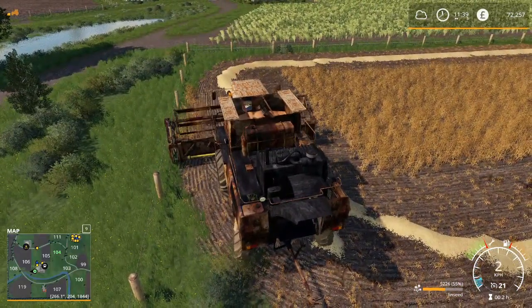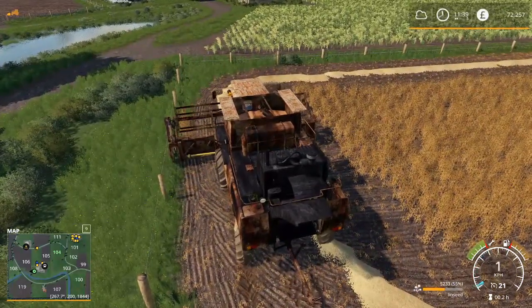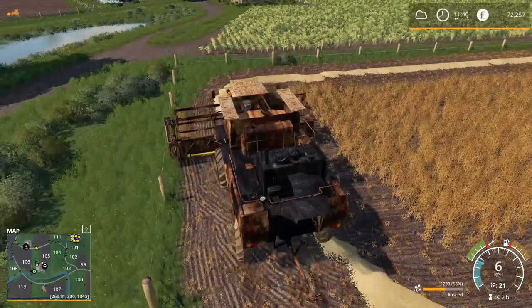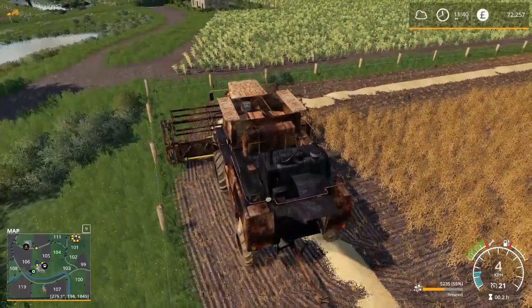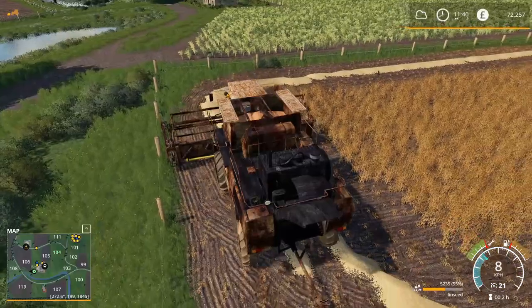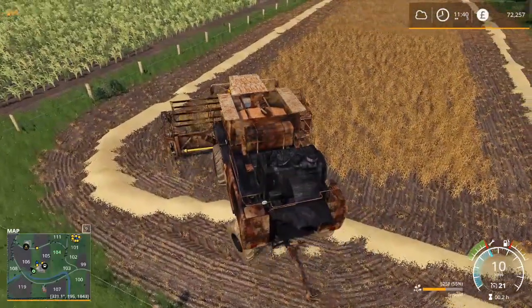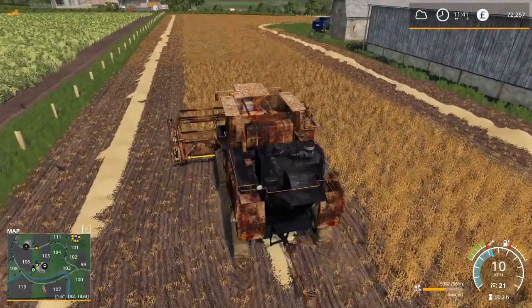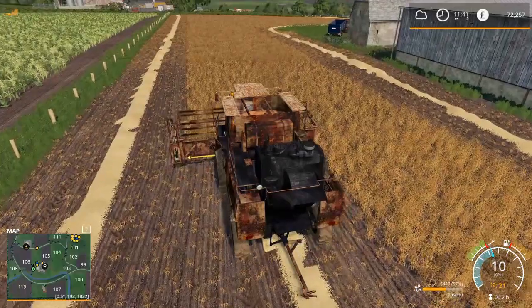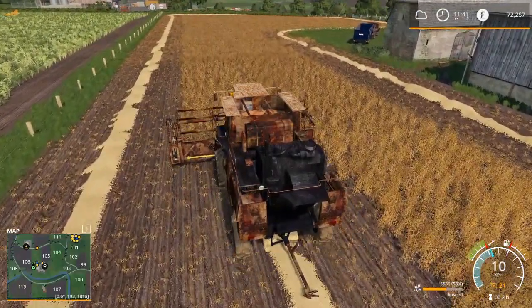I did get too close to this fence, which I'm sure you're sitting there going, Harv, you said you were getting too close to the fence, and lo and behold, look what you did. Yes, yes, I know. Trust me, I know. Oh, I know what it was. Yeah, there's something else that I'm definitely going to get done today. Even if I don't get this field fully squared away today, I am definitely...